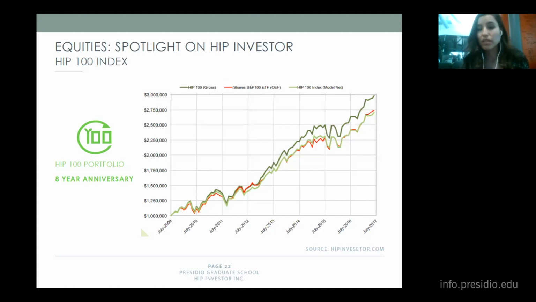This strategy was built 8 years ago as a case study on our HIP ratings to show that incorporating quantifiable sustainability measures into the portfolio construction process can produce favorable results, possibly through a reduction of risk, increase in return, or even both. And as you can see, this simple change in how the companies in the S&P 100 are weighted has historically produced favorable results over the last 8 years.